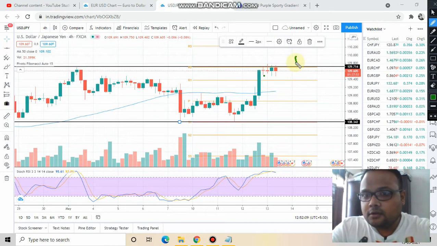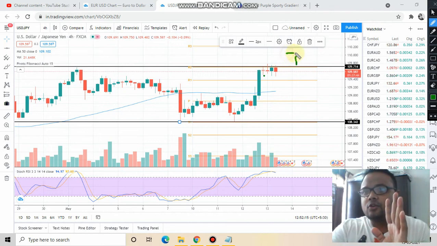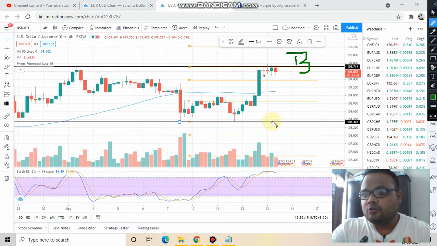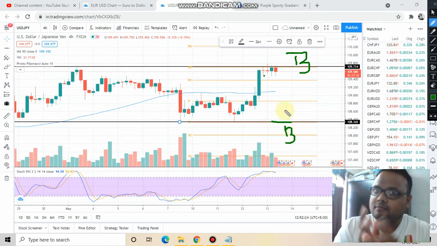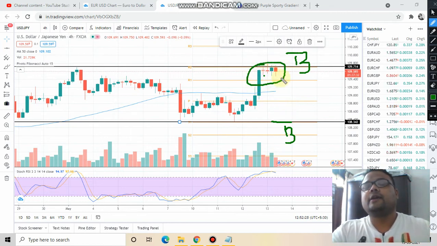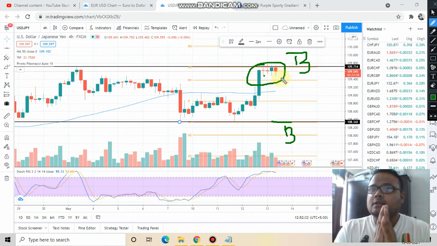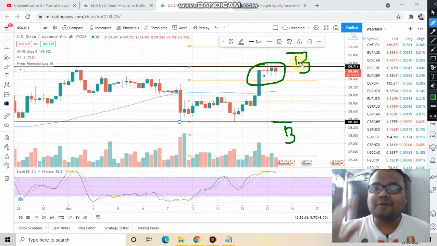So let the market cross this level, let the market trade comfortably above this level for 3 to 4 hours, then go for a buy order. Secondly, if market comes down to this level, this is your second buying level, and I have already explained why you should not short the market at this level. So no shorting the market. Wait for the market to come to your price level so that you can make some money.